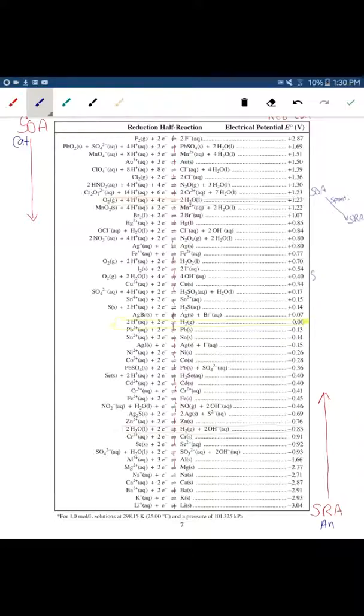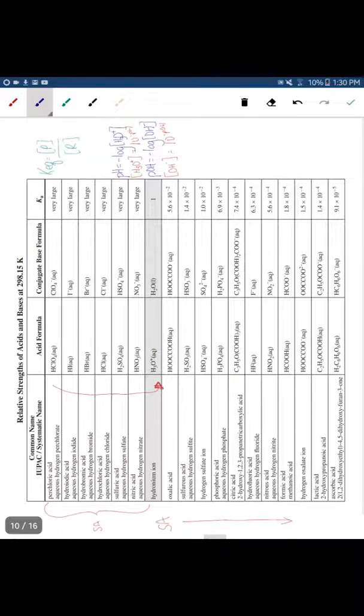And if your SOA is below and to the left of your SRA, this is what we consider to be non-spontaneous. So that's a good thing to add into the side there,